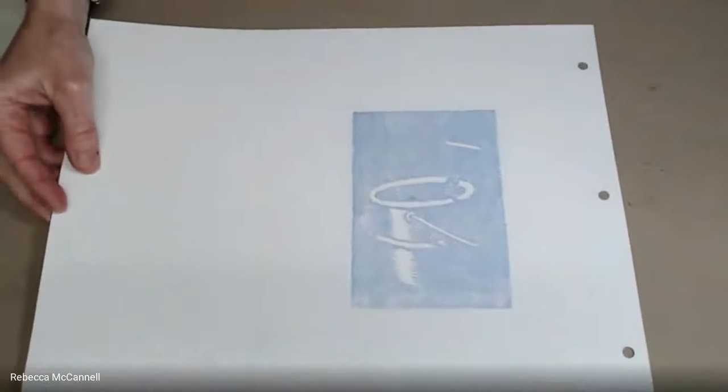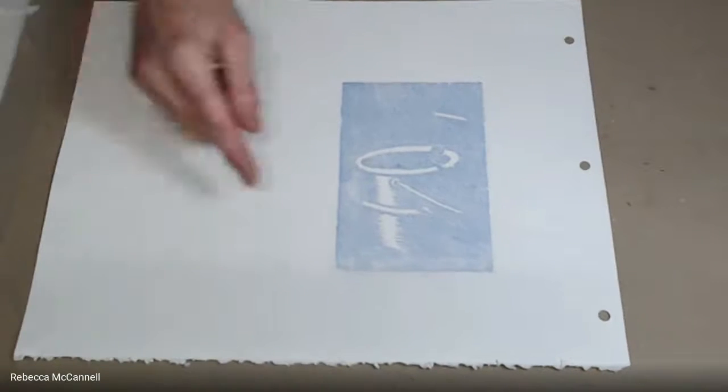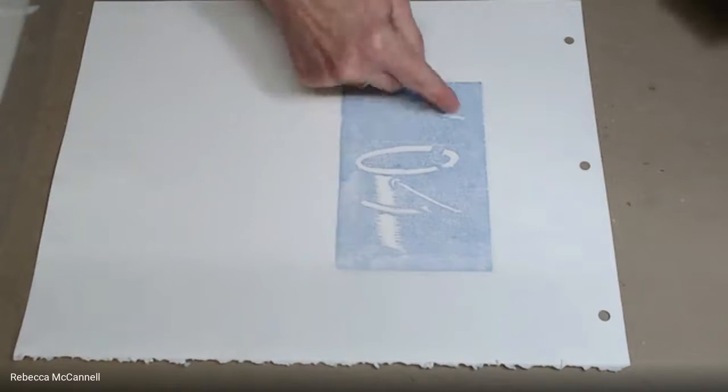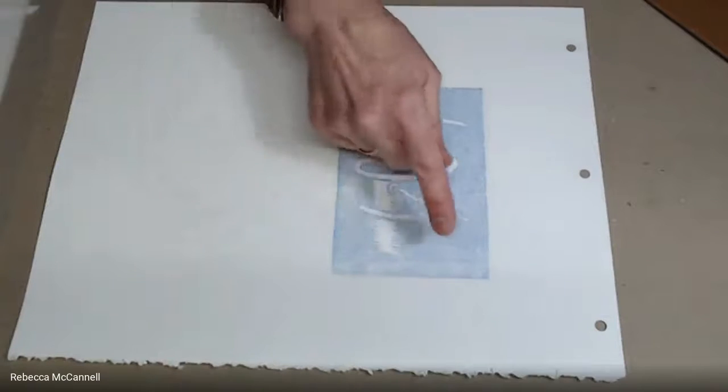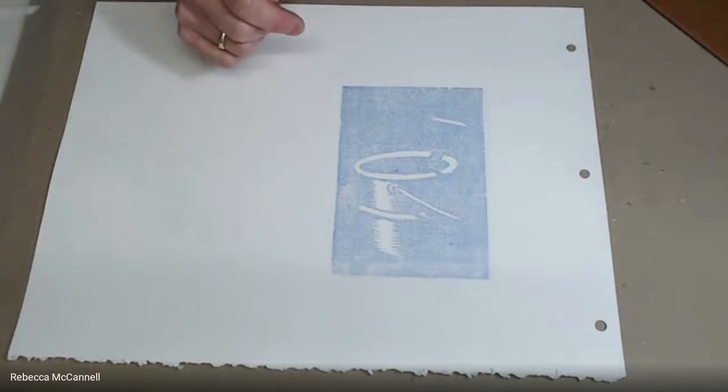I think it's having a hard time focusing. Let's see if I can get it laid flat there. Okay, so that's our first color. And we can see a little bit of the wood grain. That actually is kind of nice. It shows that it's handmade. Sometimes artists actually play up that wood grain a little bit to just make it look like it's a handmade